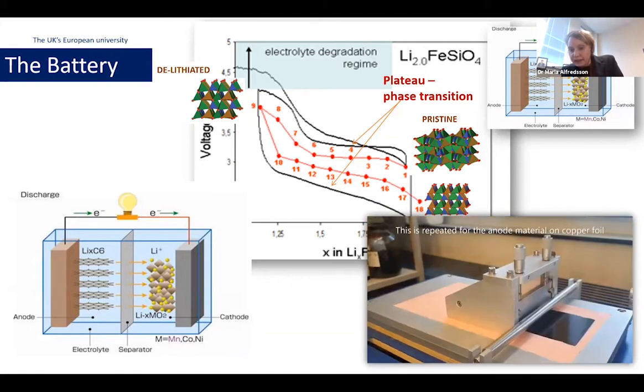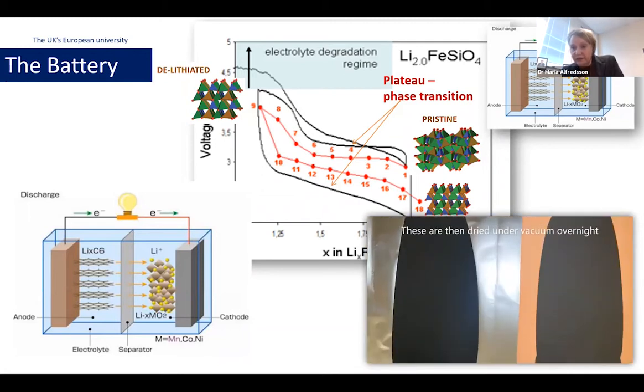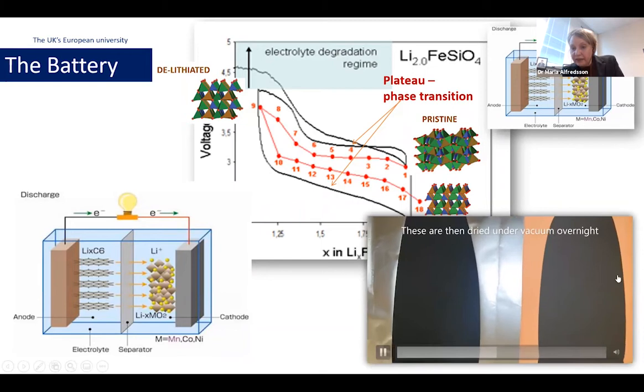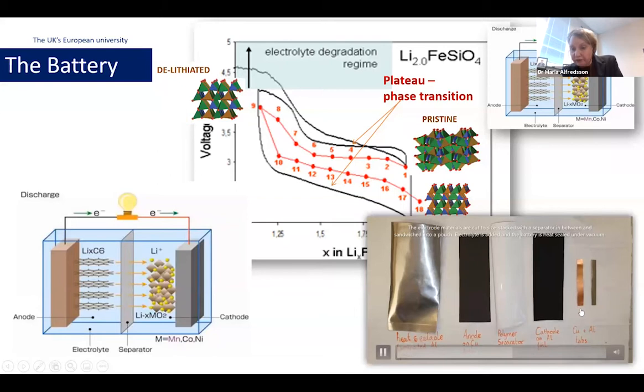In this case, it's actually the aluminium that you saw before was the cathode, the positive, and the copper that I have here is the anode. This is the carbon. The carbon is on the anode and the oxide is on the cathode. You have a separator, which is a plastic, so that's not very good for the environment. We have copper and we have an aluminium tab, and then we sandwich them, so anode, polymer, cathode, and then